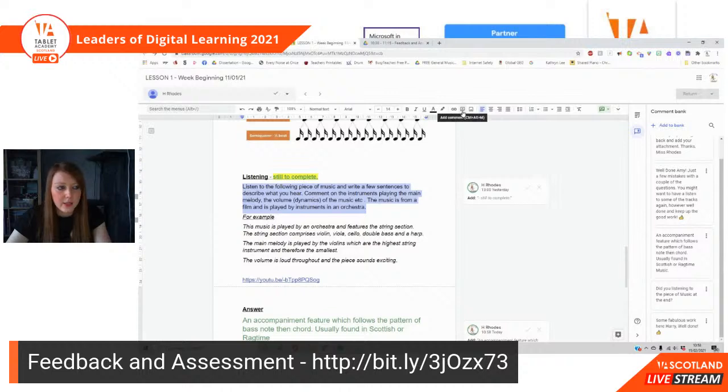So see this little button up here, for example, add. In here, what I can do is that piece of text, for example, could be "please add in some extra examples," and then click comment. And what people will now see is that piece of text that's highlighted, and then this little comment here at